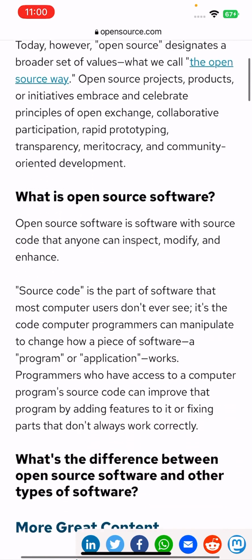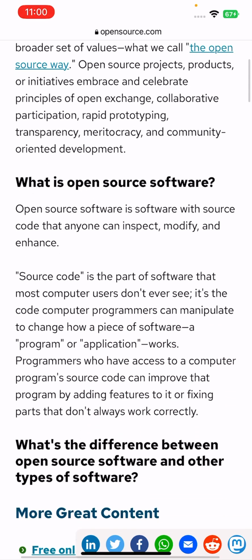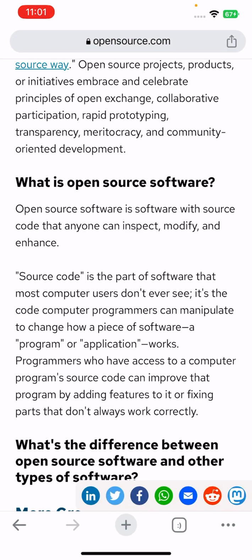So what is open source software? Open source software is software with source code that anyone can inspect, modify, and enhance. Source code is the part of software that most computer users don't ever see.